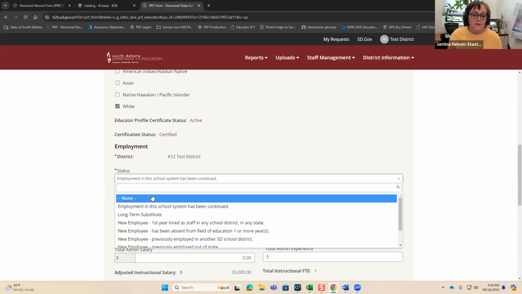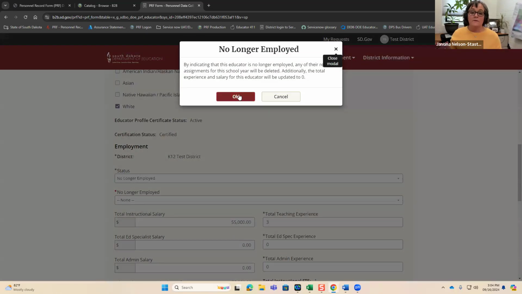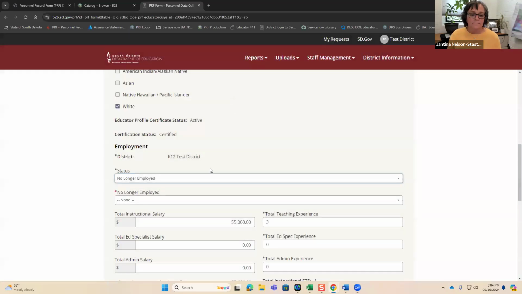So you're going to switch the status, and she was not employed for any portion of this school year. So you're going to list her as no longer employed. It's going to give you a message saying that it's going to delete out the years of experience and it's going to delete out the assignment records, and that's okay.